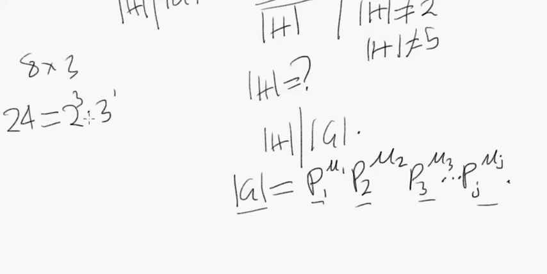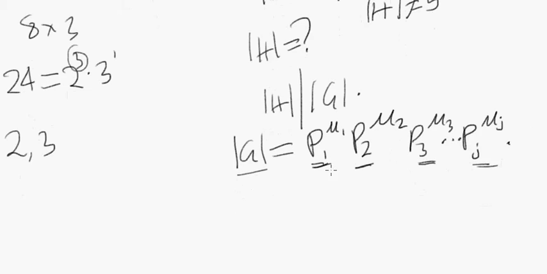Well, in this case, the primes dividing 24 are 2 and 3, and the maximum power to which each is raised is 2 to the 3, and 3 is raised to the power of 1. That's what we're saying here: suppose the order of G is p1 to the mu 1. That is, we look at all the primes that divide G and find there's p1, p2, p3, pj, and the maximum powers to which each prime is raised are mu 1, mu 2, mu j respectively. Given this information and the fact that H is a subgroup of G,